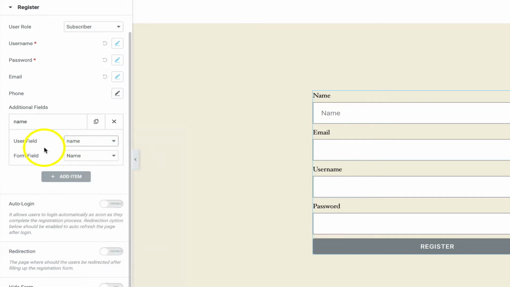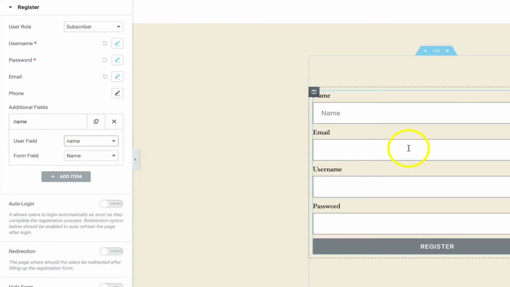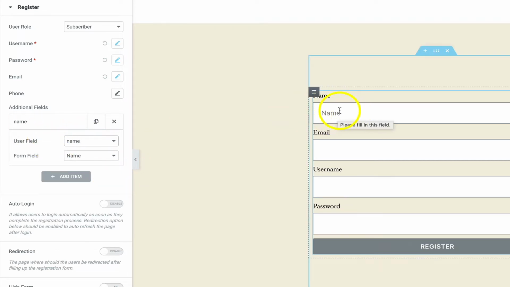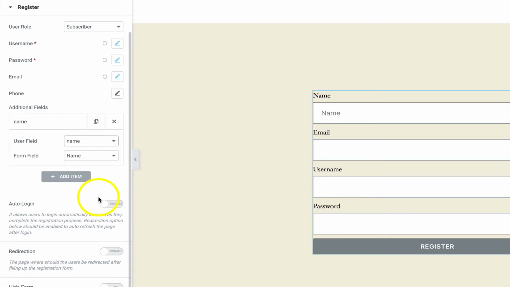The user field name is going to be mapped to the form field. This is the form, and these are the form fields. So we've done another mapping exercise to make sure that within the user account stored in WordPress, the user field name equals the user's name here, not to be confused with username, which is a separate field there. But you can customize this.